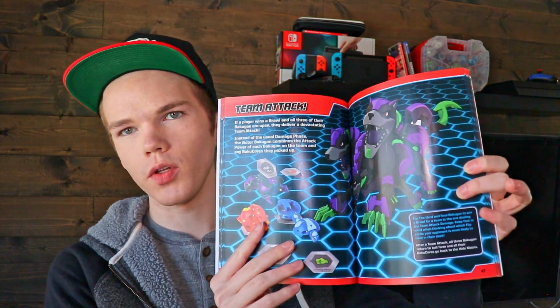But the nice thing about this is that a lot of players have a lot of confusion with certain aspects of the game, like team attacks. Like, how do flip cards work for that? They have a section for that somewhere. Hang on, where is it? They have a section for that, and in this little blurb right in the